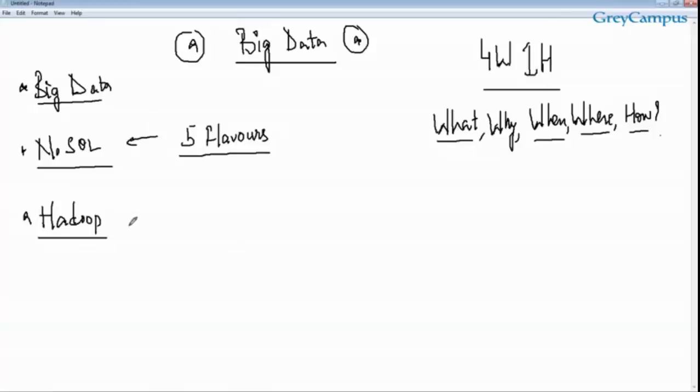Now at this moment, we'll come to know whether Hadoop is a part of NoSQL, or a part of big data, or an independent solution, an independent entity altogether. So at this particular juncture, we'll be able to figure it out in our mind. An image will be created of where Hadoop fits in the full Hadoop ecosystem. Once we have that perfectly placed, we'll move down to Hadoop HDFS,